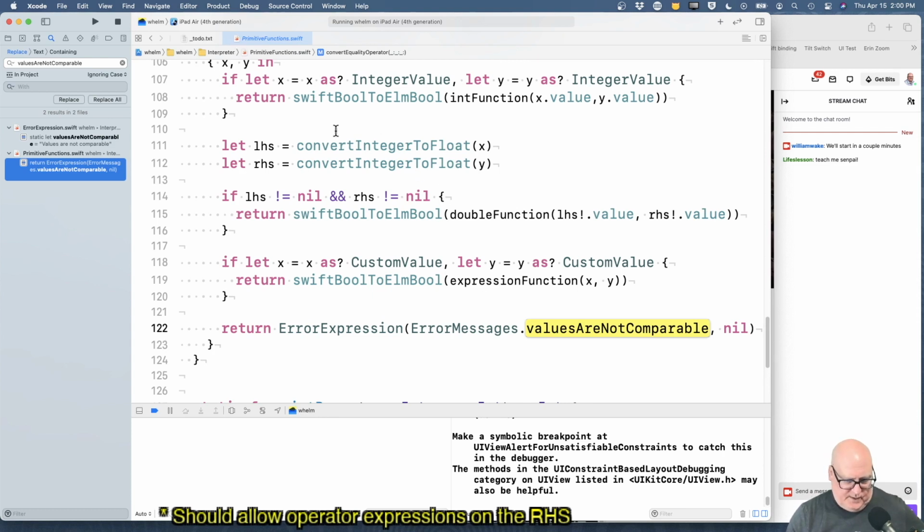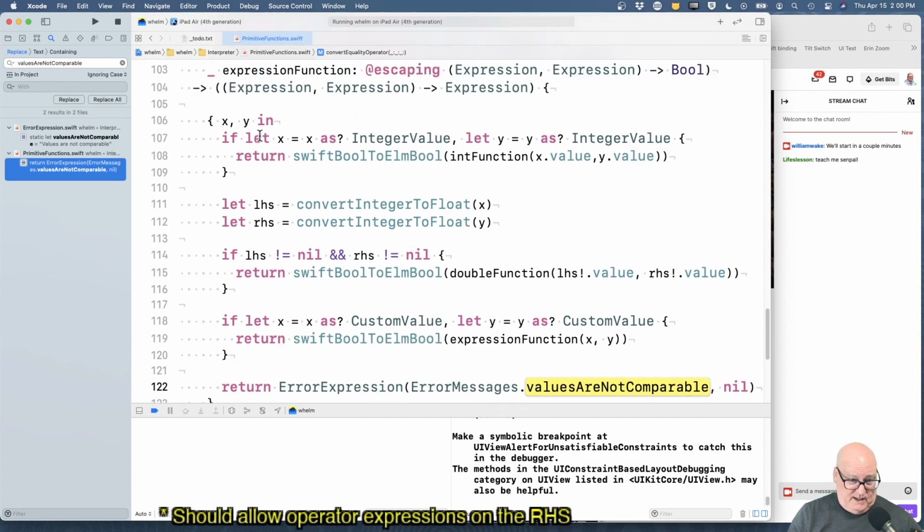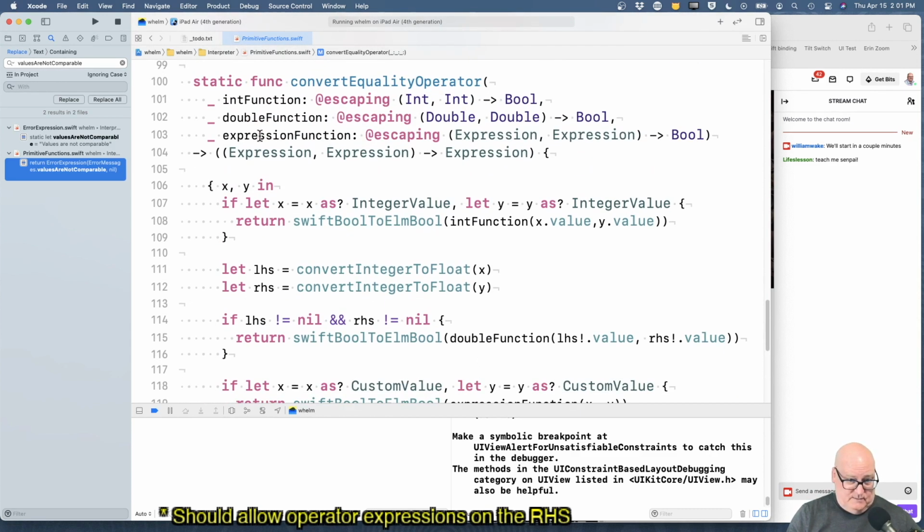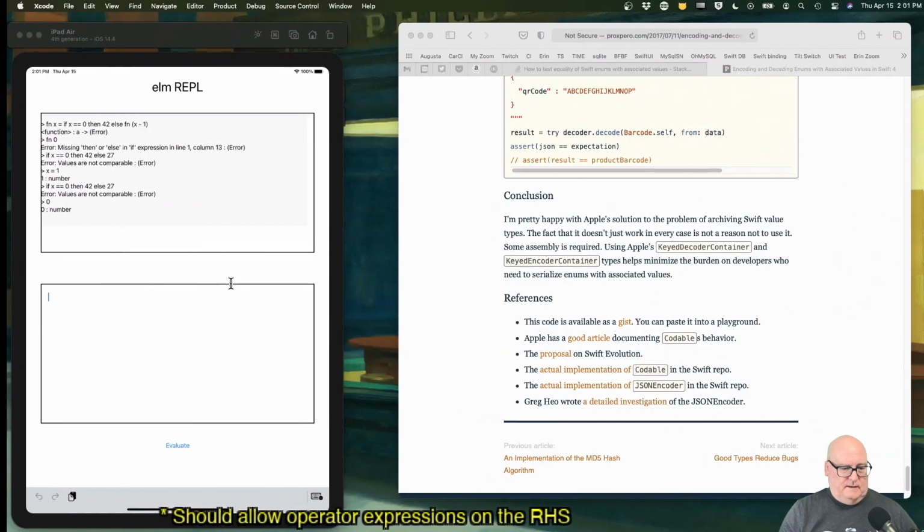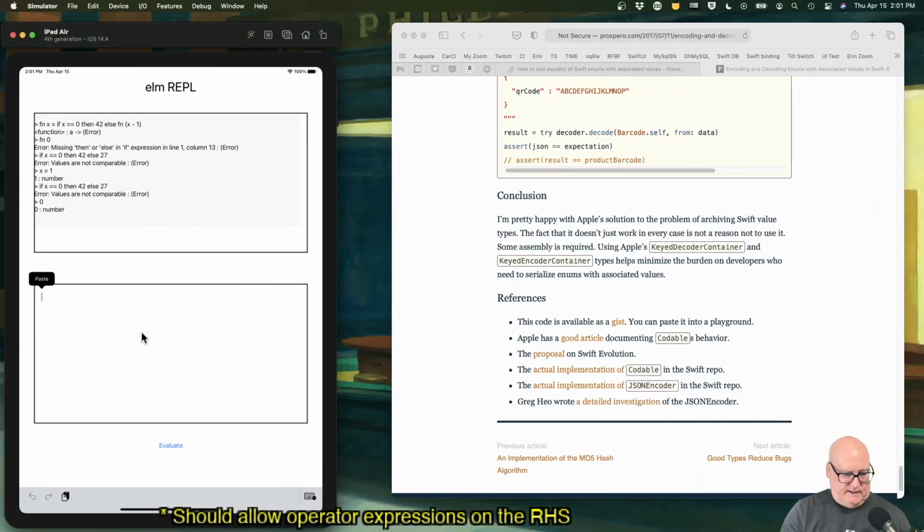Well, I'm not sure where to jump in. I guess we're after anything that's going wrong at this point, and this may be a reflection of we're being loose with types and paying the price. But I'm going to break here, and I should be able to say 3 equals 4. That should be a Boolean false. Okay, now